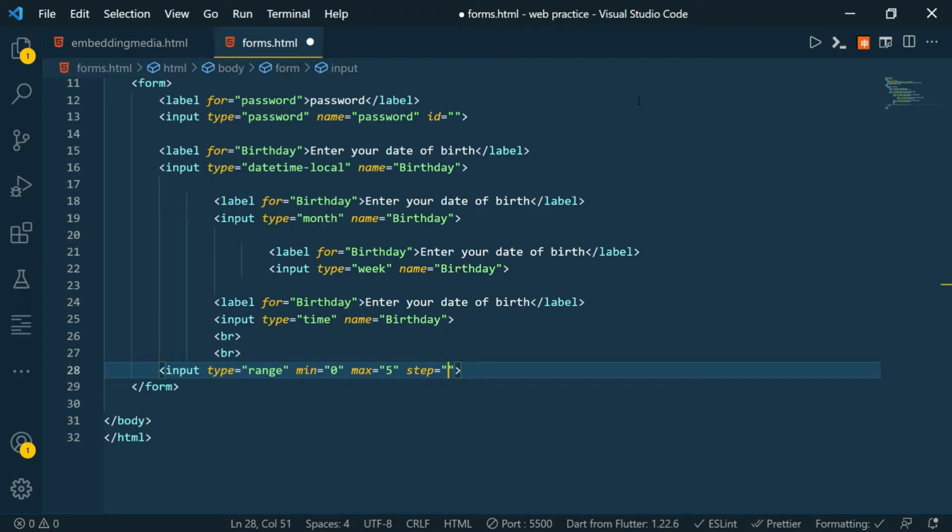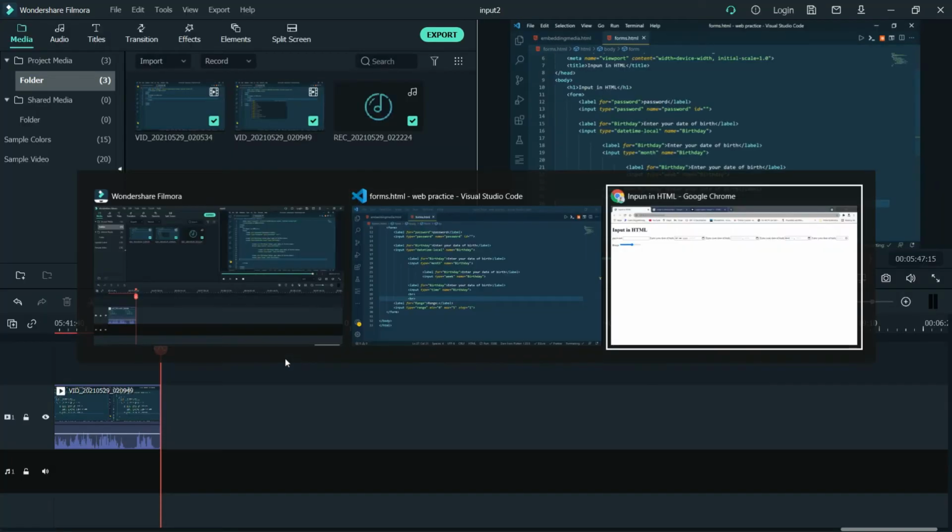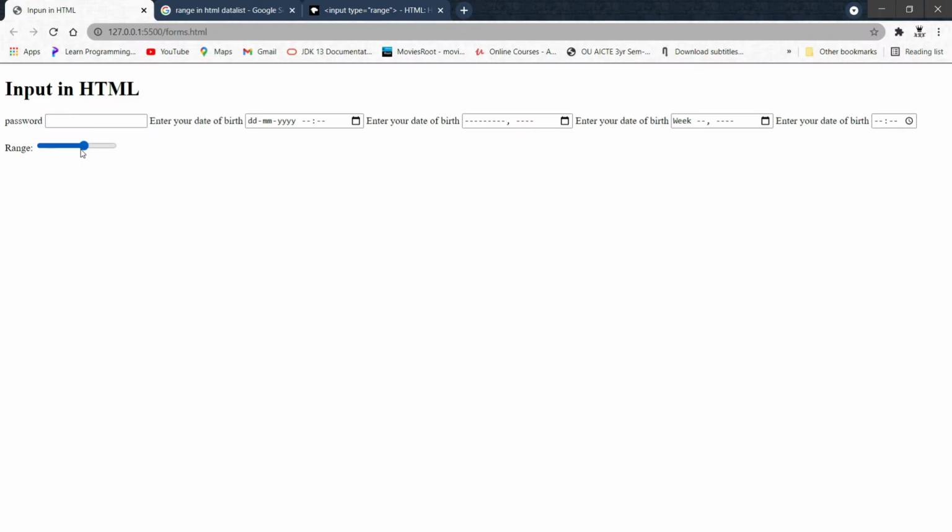You can give 2 or 5, but I'll give 1, so that one step represents one value. We'll give a label as range, whatever. You can see we got a range. We have exactly 5 steps: 1 2 3 4 5.